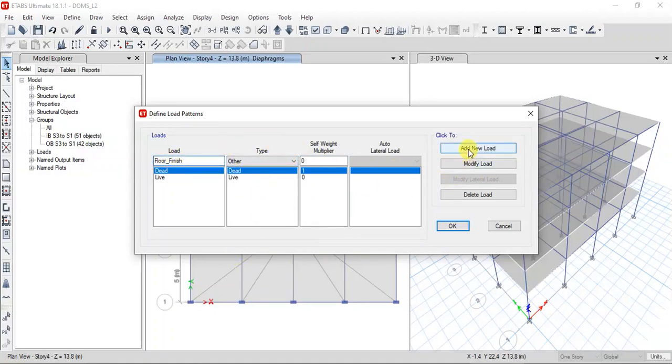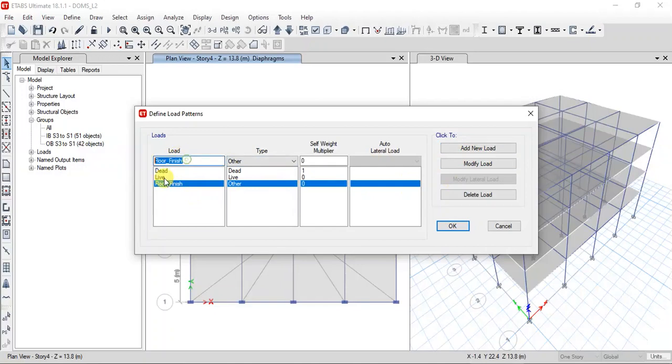Select floor finish, click add new, and we also have waterproofing. For waterproofing we have some amount of load that is acting on the top floor, that is on the roof.